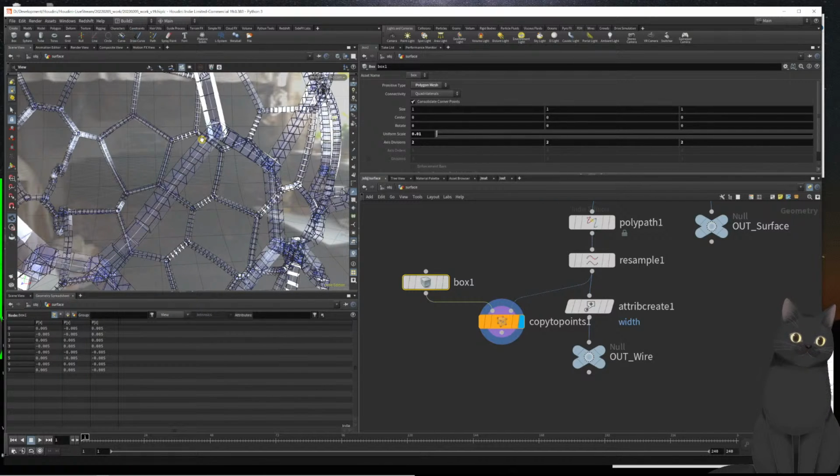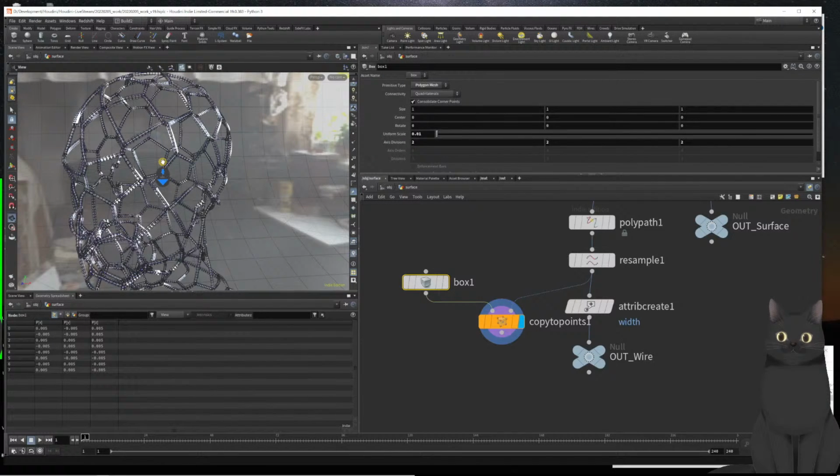that on the copy to points I check pack and instance, then highlighting it. And all of this are transparent boxes. They are transparent because the